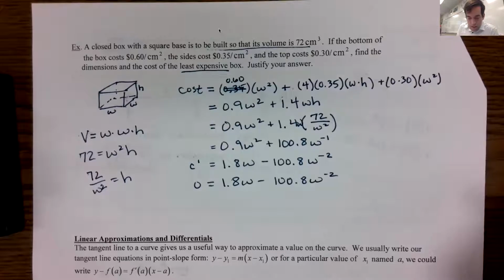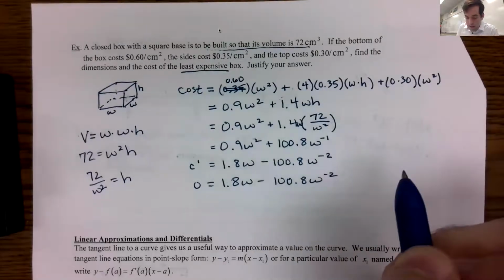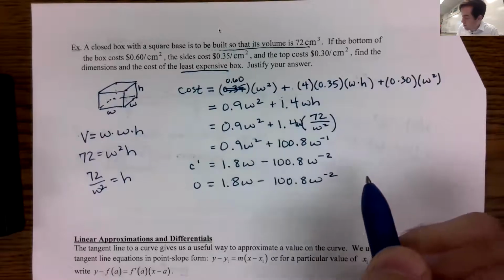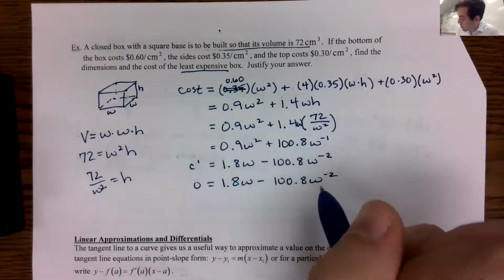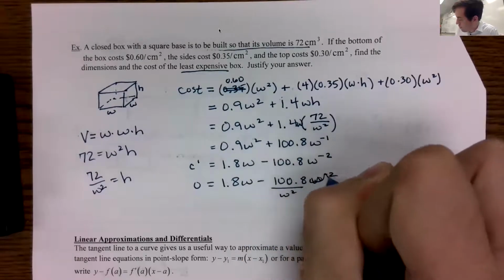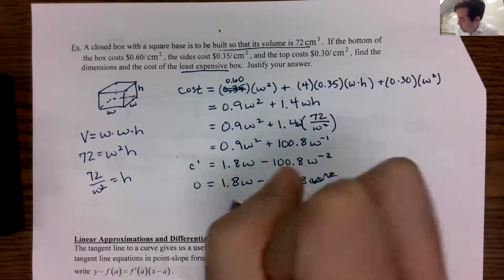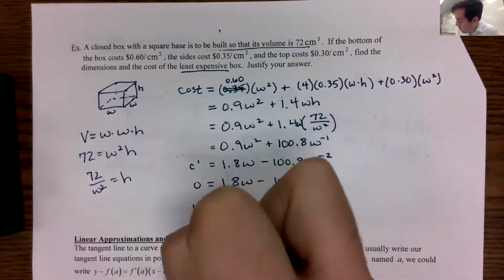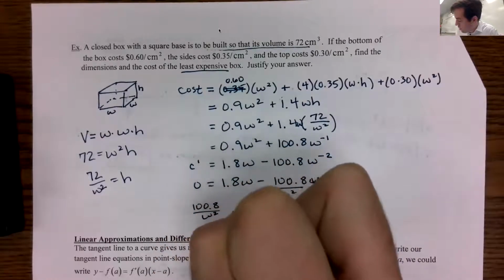And let's see, how are we going to solve this? I would say, let's move this to the other side. So first of all, I'm going to think of this as over w squared instead of w to the negative 2. I'm going to move it to the other side. We get 100.8 over w squared equals